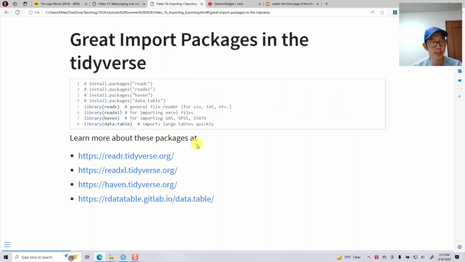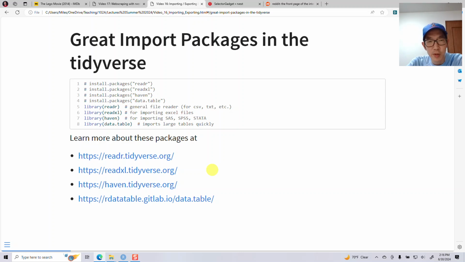There's a bunch of other packages, and instead of using read.csv, which works fine in base R, I prefer using readr, which is part of the tidyverse. And so you can read about readr in the tidyverse, and that brings in read_csv, and it's generally faster and more efficient. There's a few other packages. So if you want to bring in Excel files, you can load the library readxl. And then there's also haven, which allows you to import files from, say, Stata, SPSS, or SAS if you're using a different